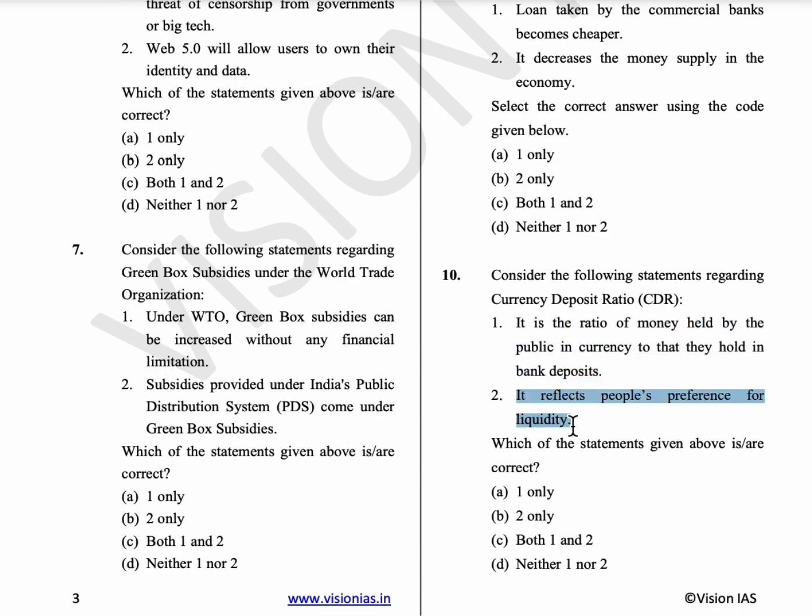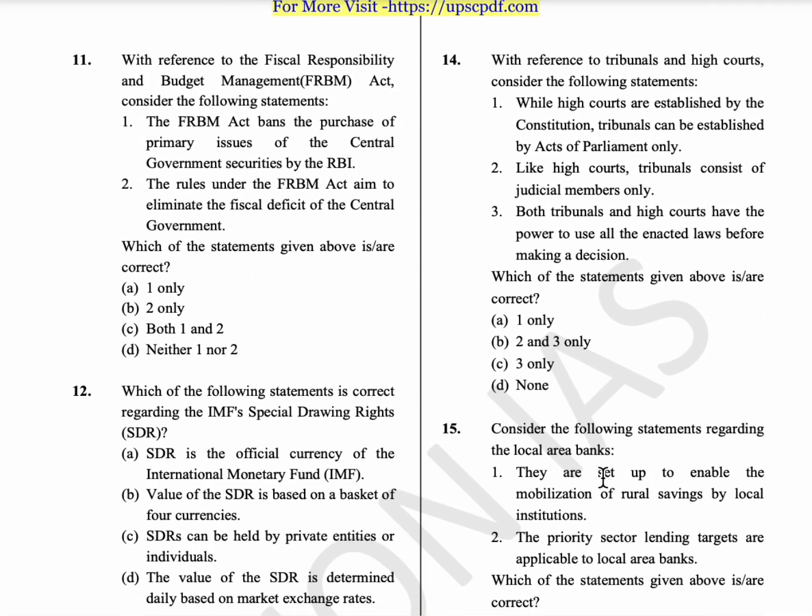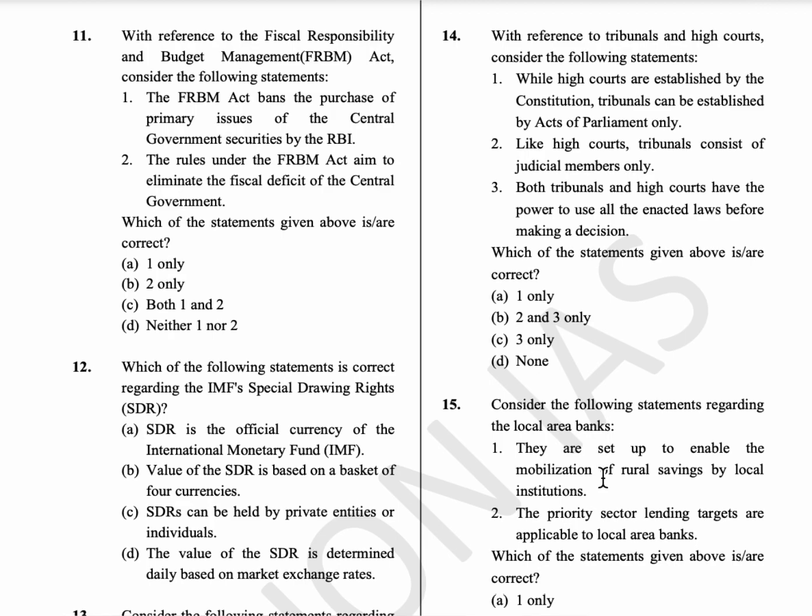If they are interested in keeping money with them, then this ratio will decrease. If they deposit more, then this ratio will increase. So it depends. Both these statements are correct. So option C. 11th question, with reference to the Fiscal Responsibility and Budget Management, that is FRBM Act, consider the